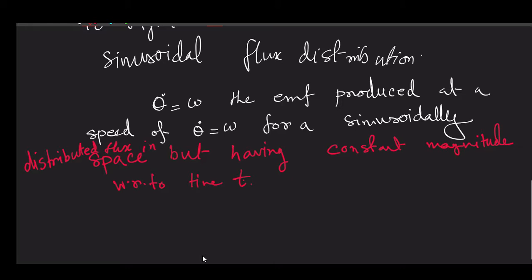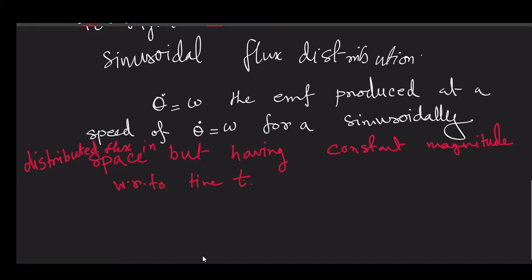The same amount of generated EMF can be induced by means of transformer action or by means of dynamic action. So, if you consider distributed flux in space, then what you need, if your flux is time